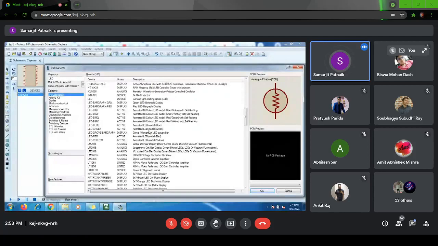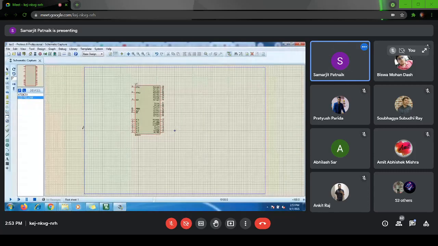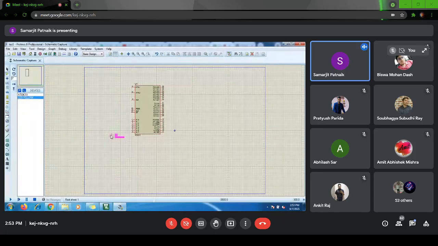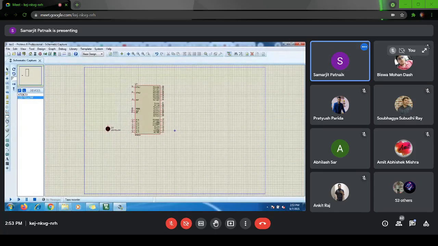you can choose any LED. So there are 4 different colors: blue, green, red, yellow. We will be using animated LEDs because this is for simulation purposes. Okay, all these animated LEDs, you can use anything. So we'll pick yellow. So we select one LED and put it here, let us say. Then go to this terminal modes. In terminal modes, there will be an option of power and ground. So we'll be using this ground. Put it here.